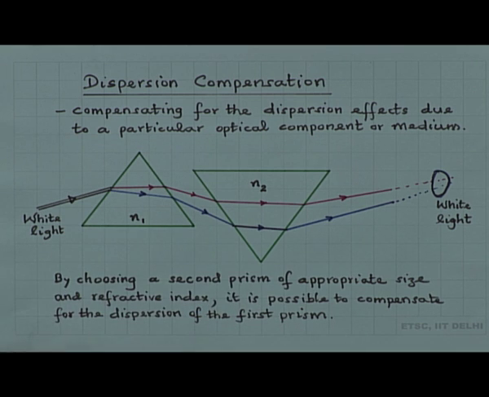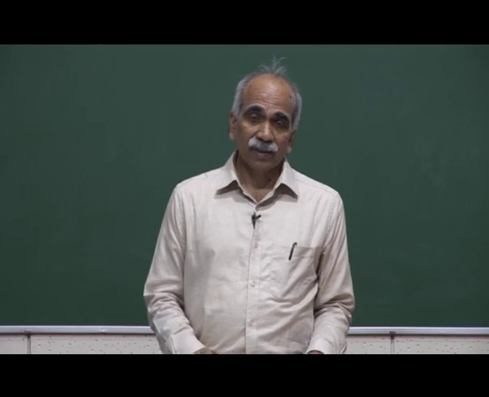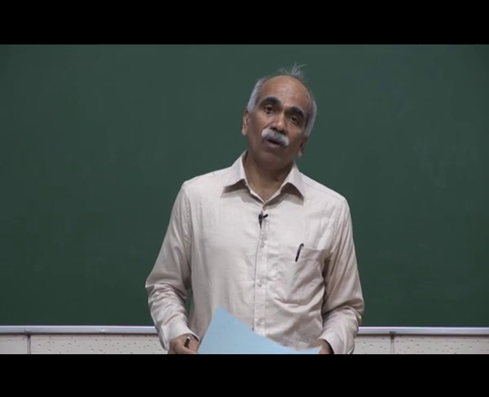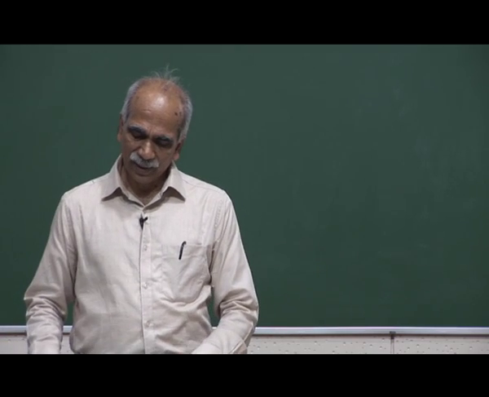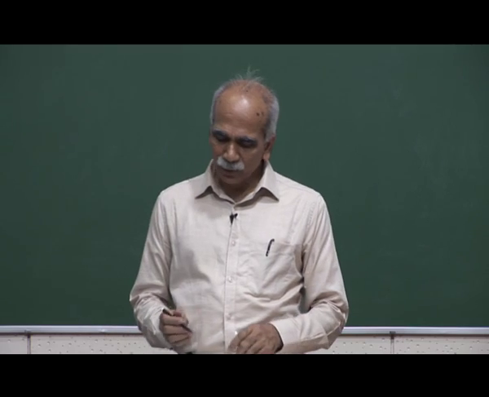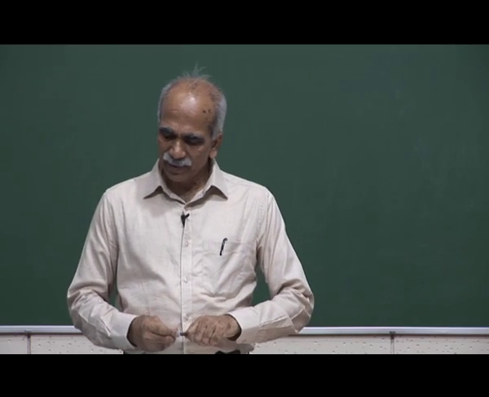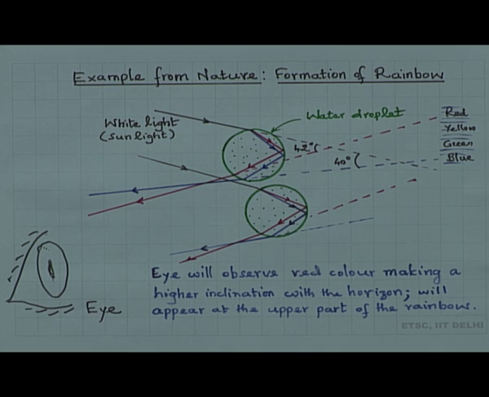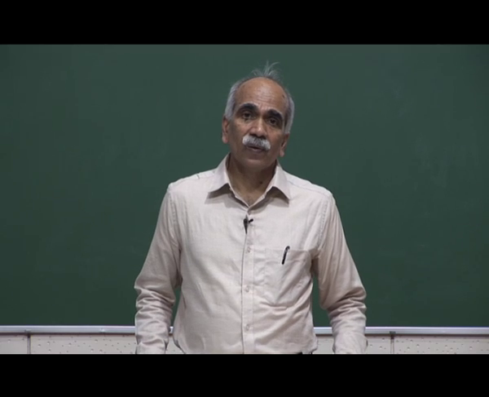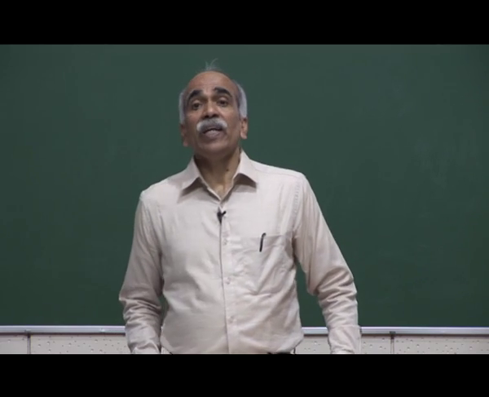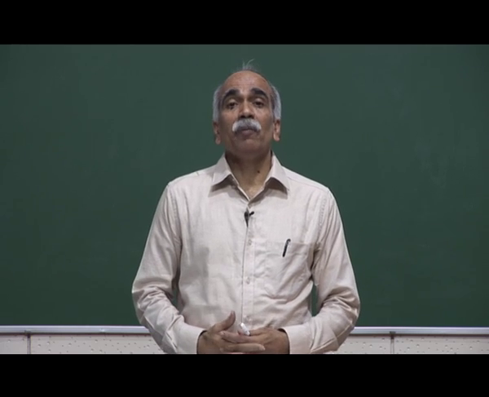I want to take one example from nature, and that is formation of rainbows. So, formation of rainbow, this is an effect because of dispersion of the different colors. The formation of rainbow, which most of us have seen just after the rains, if the sun comes out and we still have water droplets in the air, and then there is a possibility that we might be able to